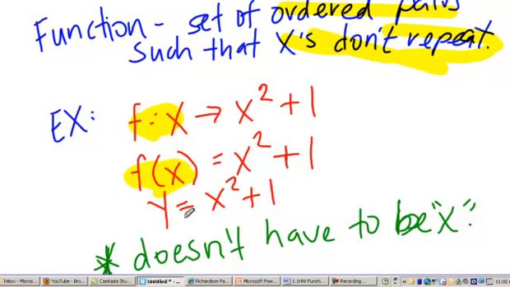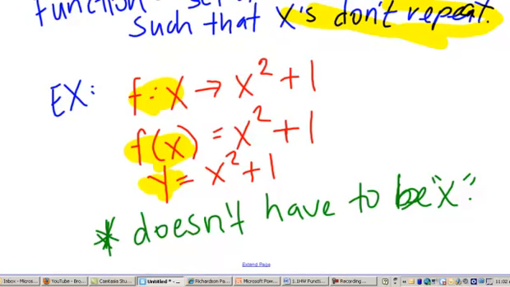Okay? Also, you know this, but I need to say it just in case. It doesn't have to be an x value. I could make the x value a smiley face. I could make the x value an M or an R. It can be anything. Okay? Next slide